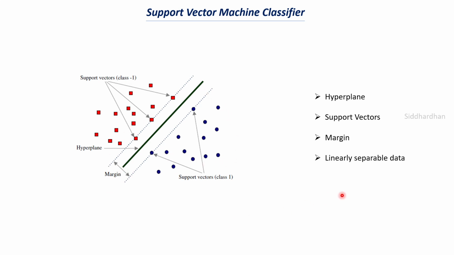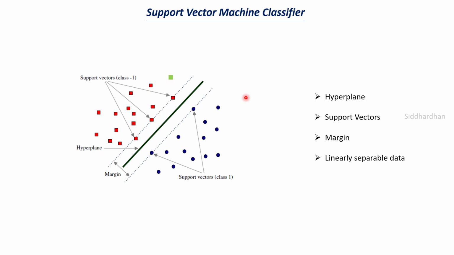This is an example of linearly separable data, where we can separate the data using a straight line. In the case of non-linearly separable data, we use something called kernels, which we have also discussed in the previous video. Once we create the support vector machine classifier that can separate these two kinds of data points, when we give a new data point, if we see this visually, we can say that this green colored new data point lies among these data points, so it belongs to this type of data, not this one. So this is how a support vector machine classifier works.